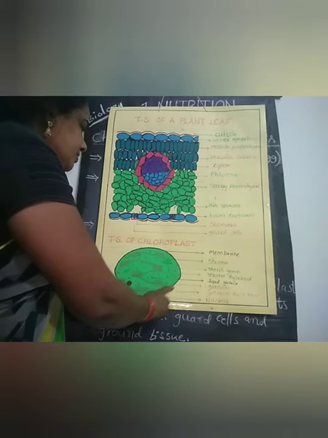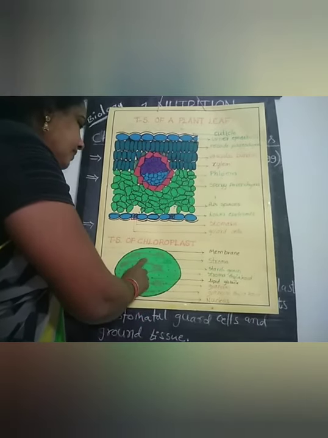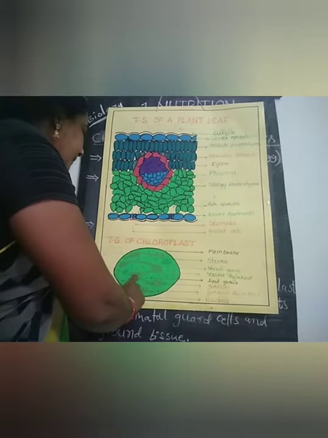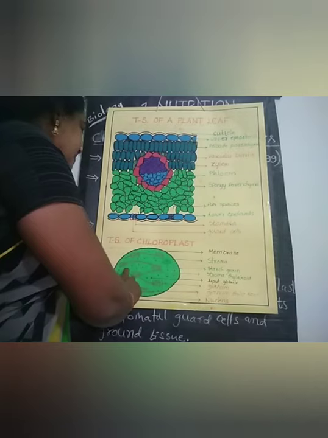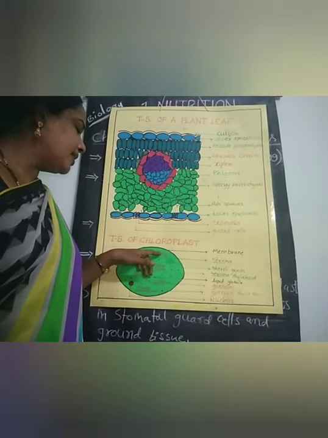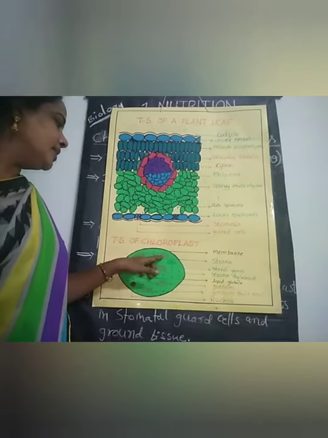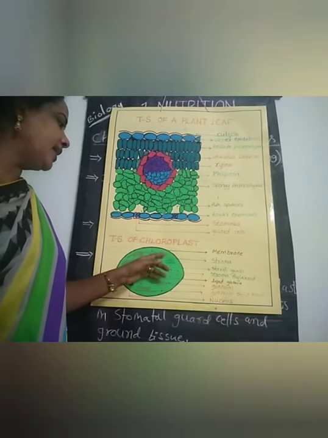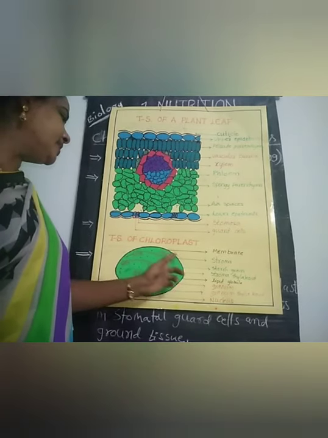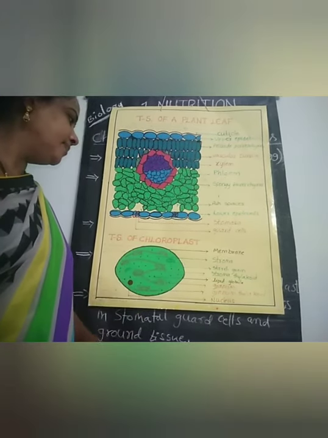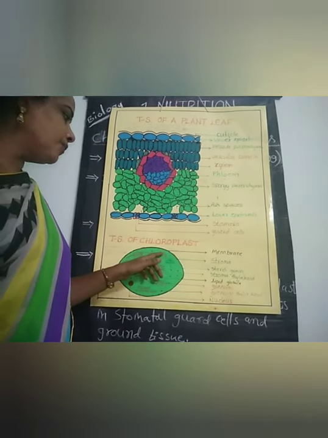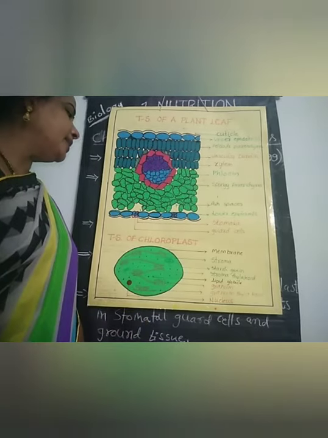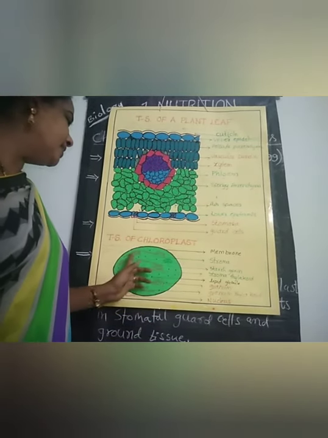When we observe inside of the chloroplast, we can find starch grains and lipid granules. Grana thylakoid is the site of receiving solar energy, and chlorophyll is located in the grana thylakoid. Stroma is the site of the enzymatic reactions. Grana consists of the pigment chlorophyll, and it is the site of trapping of solar energy, and the enzymatic reactions take place in the stroma.